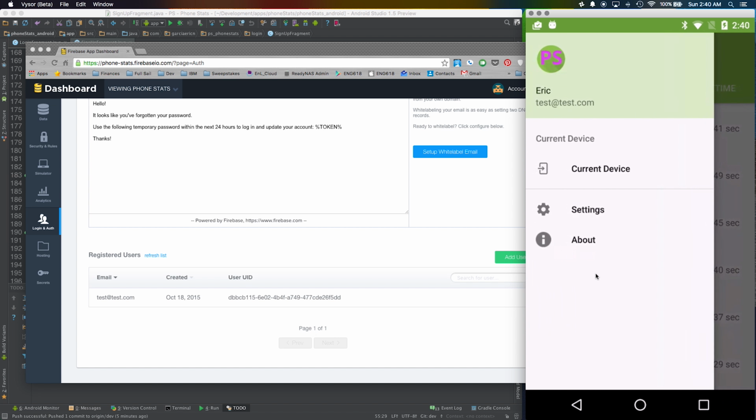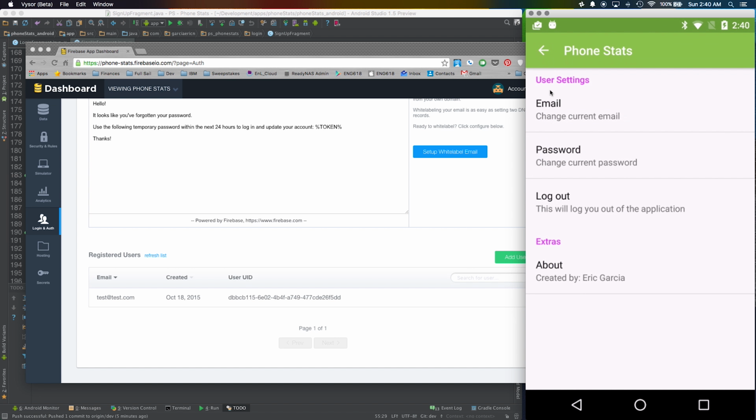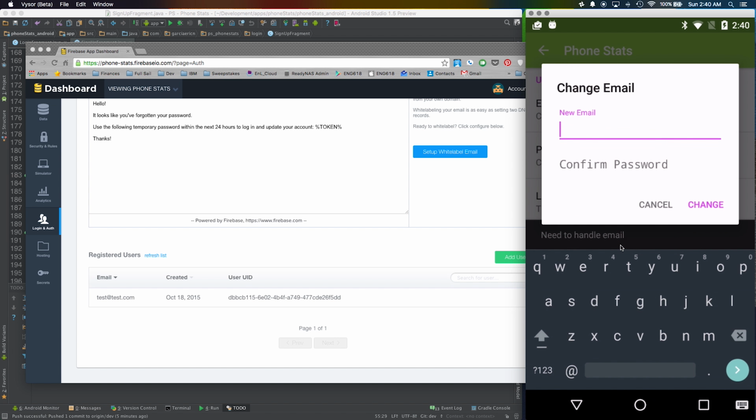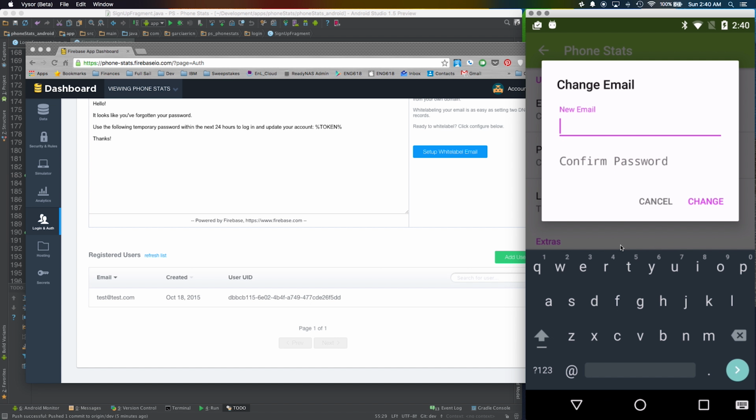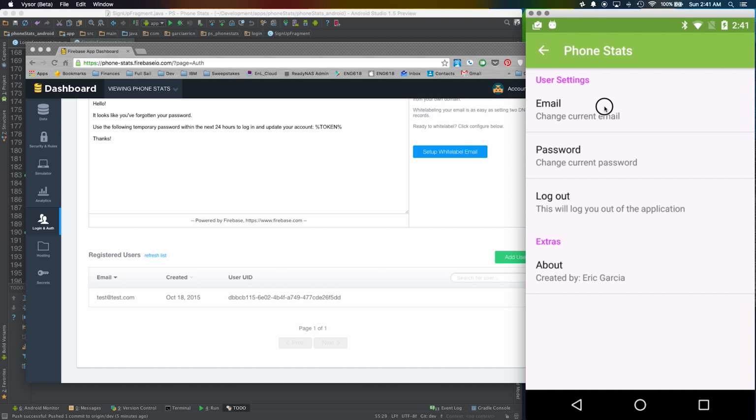Let's see, jumping into the settings, we went and implemented user settings. At this point, we can change the email. If we are going to go ahead and put in a new email, let's just do new test@test.com, and you go ahead and confirm your current password that we made, which is ABC123, and that's obviously, you can cancel that if you wanted to,